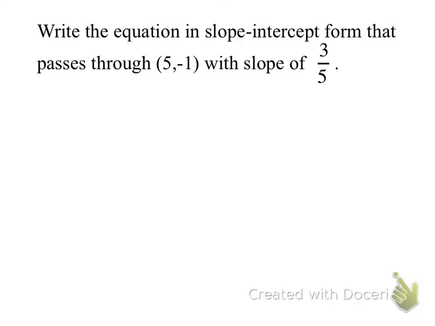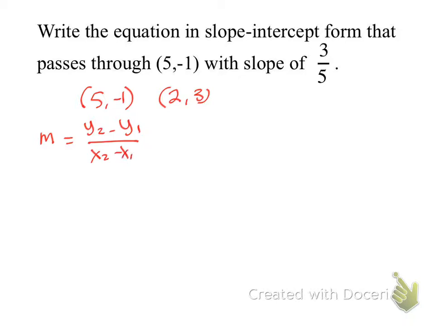Let's just say I have, forget this problem, let's just say I have (5, -1) and (2, 3). Okay? What do you think we'd do first to write the equation of a line? Yes? You would find the slope. First, we have to find the slope. M equals y2 minus y1 over x2 minus x1. And so I'm doing 3 minus -1 over 2 minus, let's call that point 1 and point 2,